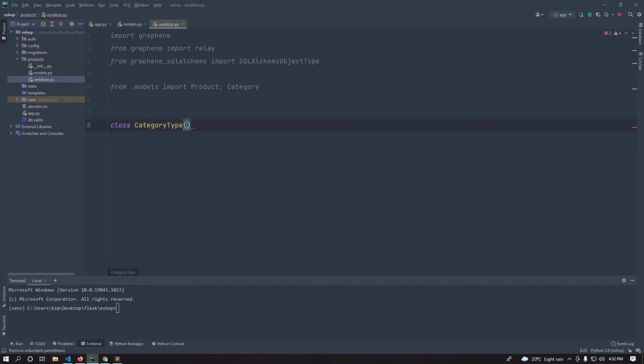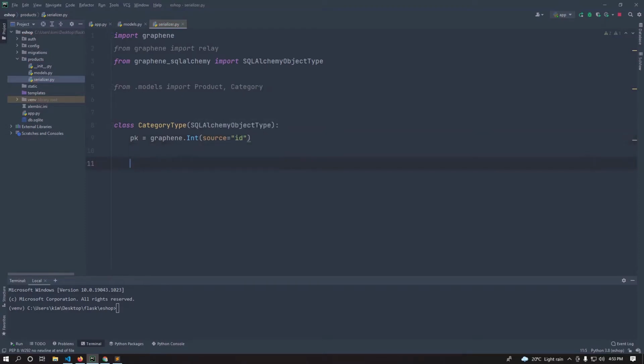So I know at some point you might not want to return category, but whenever you will be getting a subclass like inside product, and then you want to get the product category, then you need to make this category type, even if you don't need to always resolve it, but you must have it. So have it there. And then now let us just say pk. I think you already saw what pk does. We are trying to get the integer field instead of the node at some point. Let us just say it's supposed to be the id of the category, and then finally let us make